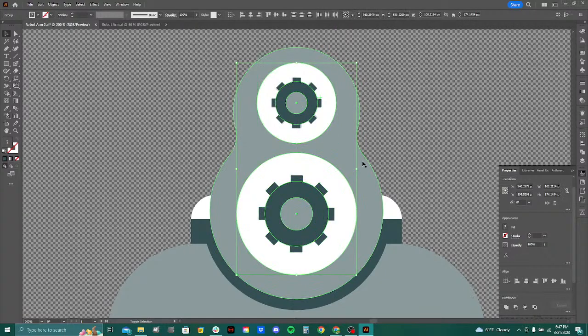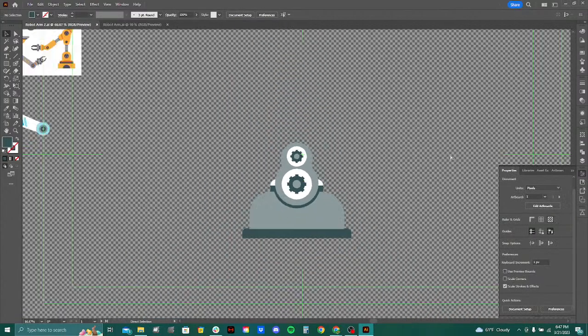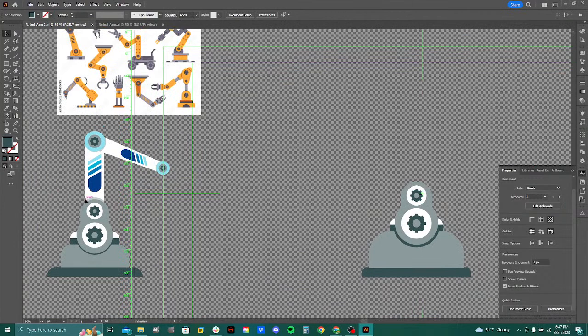And just holding down Shift, selecting them all, and make sure everything's aligned, which they are. Then I'm going to save this, right? Because I've done some stuff, so I want to make sure I save it. And now let's move on to making the arm that I have created here and kind of this neat little